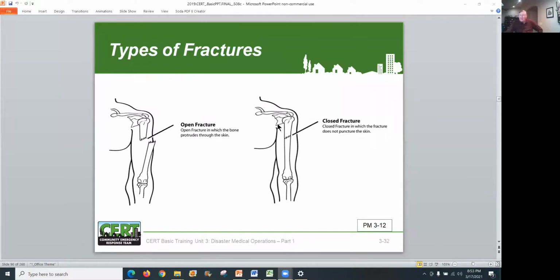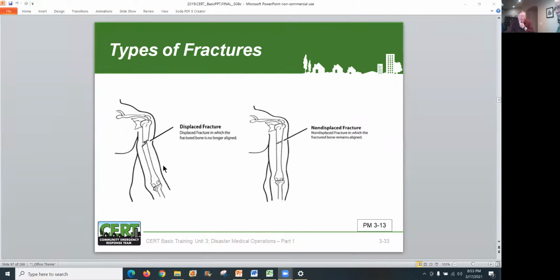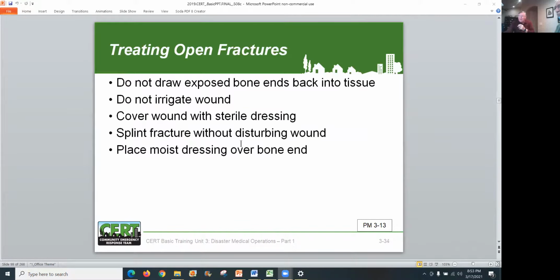So if you've got a limb, I'll just go through these real quick here, Norm. An open fracture, you can see how it's broken there. The ends may be set apart differently, and this one comes out. Now this one's a closed fracture. They may be offset a little bit, but there is a fracture there, but it's not out through the tissue. You can see this one coming out through the tissue. This one here is what they call a dislocated fracture. It's broken and moved. This one's a non-displaced fracture. They're just different pictures there to look at.